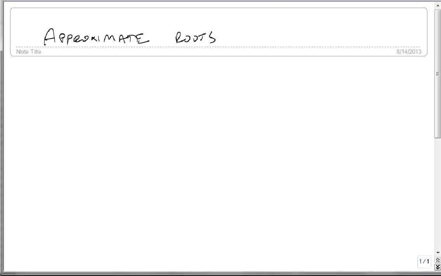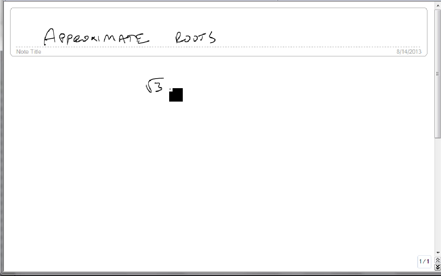We're now going to approximate roots, particularly square roots here. Sometimes you don't have a calculator, but you still need to know roughly where a particular root falls. For instance, let's start with something simple. We have the square root of 3, and we don't have our calculator, so we can't get a good approximation, but we still want to